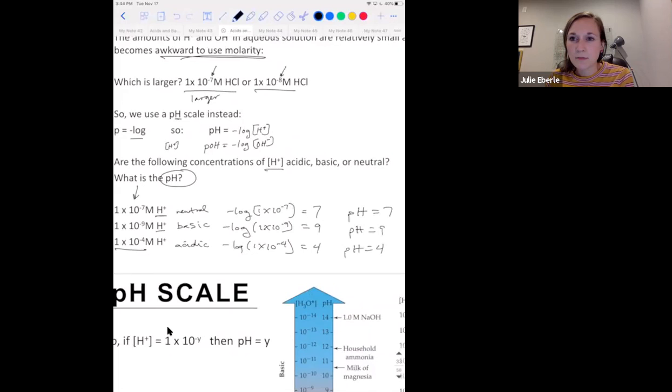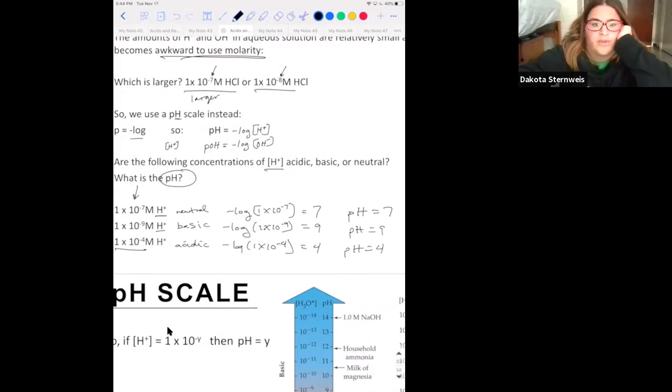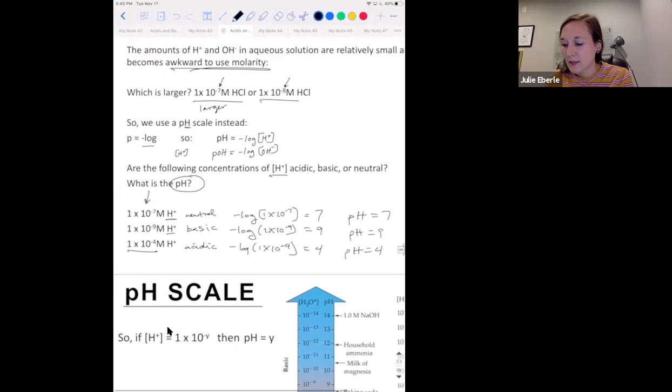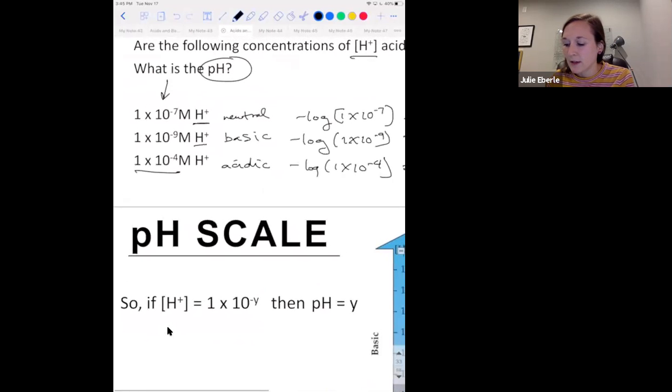Does anybody notice anything? Anybody notice something peculiar? For the ones we did, it was basically the exponent, but in positive form. There's a little pattern here, and the pattern is explained right down here. If the base number in your concentration of H plus, if you'll notice all these base numbers right here are 1, then whatever your exponent is,